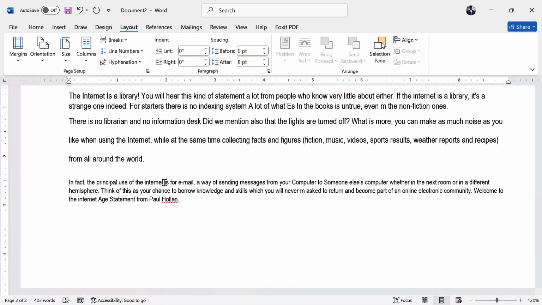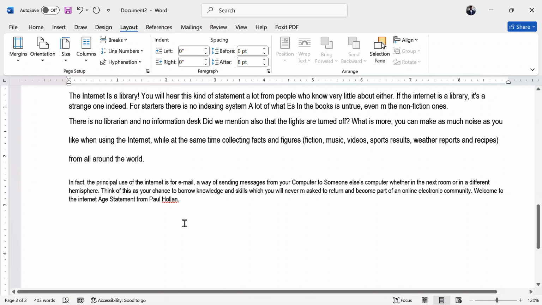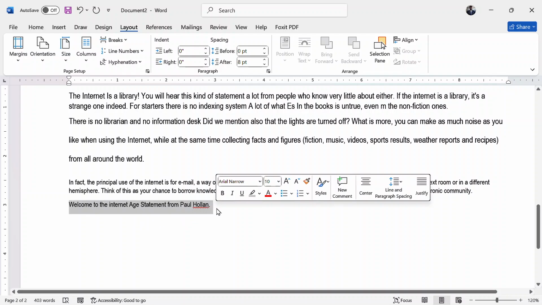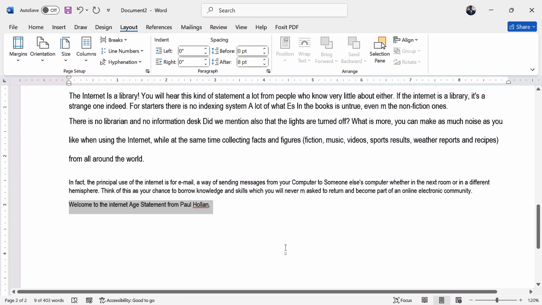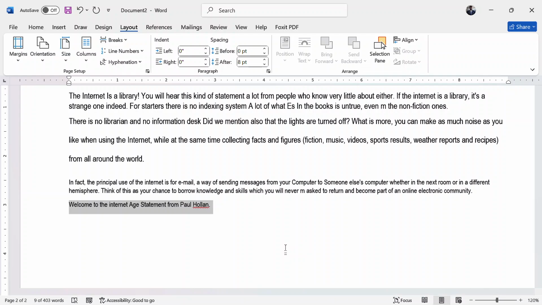There is what we call double strike through, or there is what we call strike through. I'm going to apply that formatting style to the last line of my document in the last paragraph. Where do we find it?